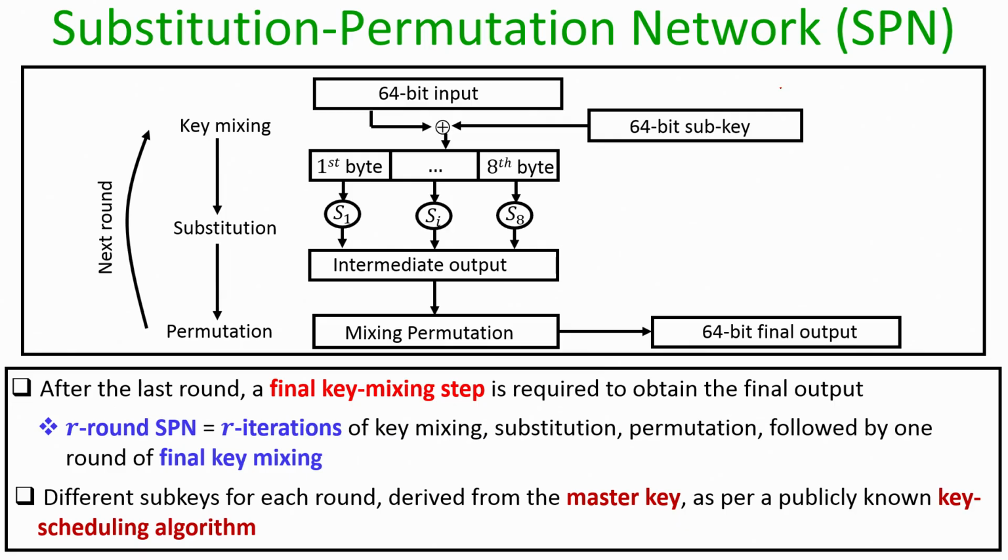And now, the question is how do we determine the sub keys for the individual rounds. So, we assume that we have a master key k for the function f k x which we are interested to construct, and these 64 bit sub keys are selected from this master key as per a publicly known key scheduling algorithm, right. So, it depends upon how exactly my key scheduling algorithm is designed,